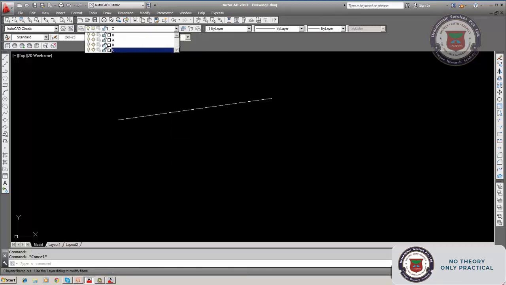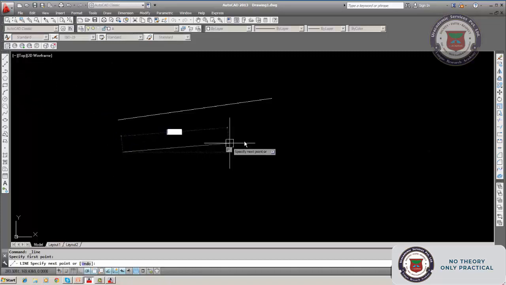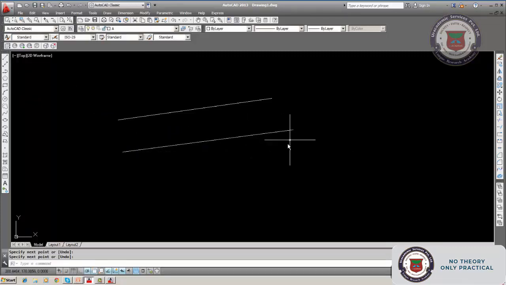Now I can select the A layer also. If I click on this, the A layer is selected. See, it is the A layer. Now suppose I draw a line, it will be of layer A. This line has the property layer A. See, if I click on that, it shows the property of the layer.